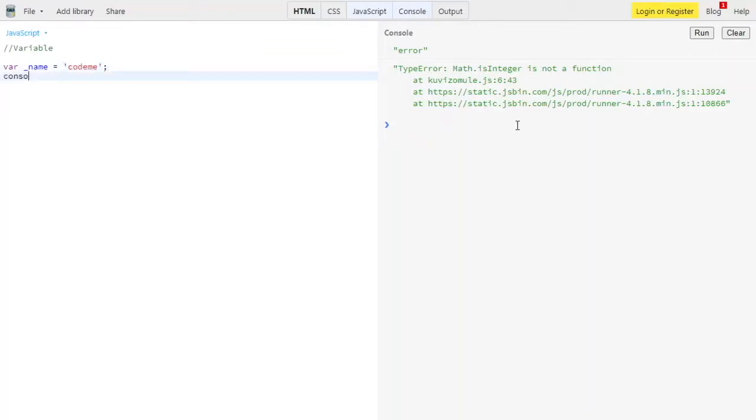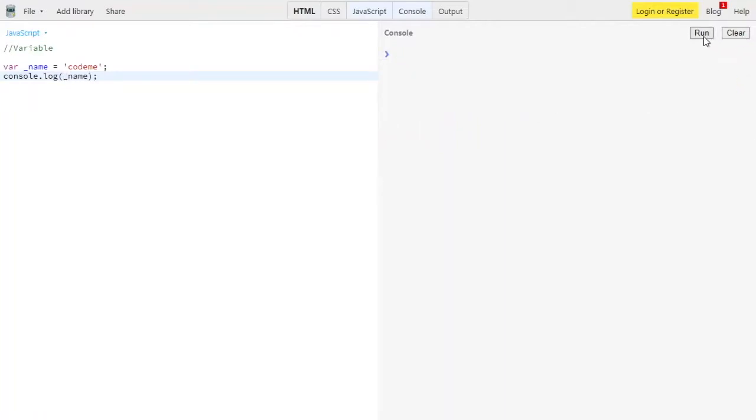Let me print it with console.log, try to print _name. Let me clear the console and run it. As you can see, it gives me code me without using code me in the console directly. I am assigning the value code me to the variable _name, and then printing _name over here.